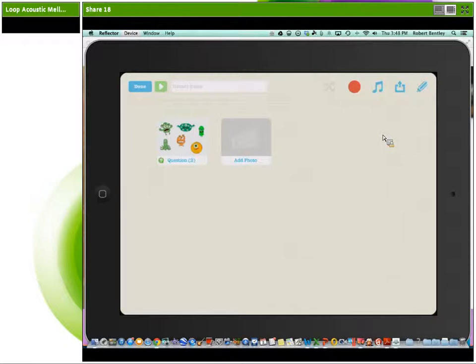But the reason it says add photo is it's kind of encouraging me that I could create a second page. That's basically what it's saying. I could create a second page if I want to, and a third page and a fourth page, and it would all be tied together as one activity for TinyTap. So I'm going to go ahead and do that. I'll tap add photo,